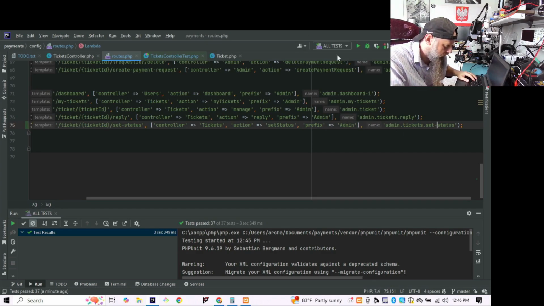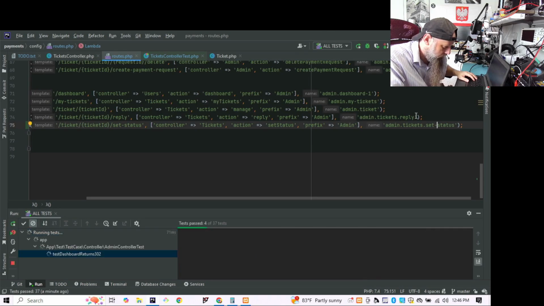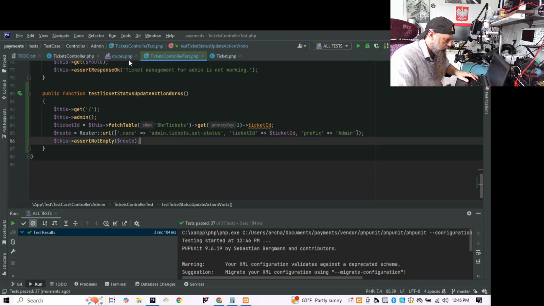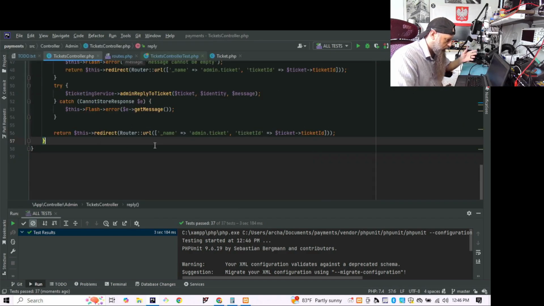I don't see the typo though. I don't know. Well, that ensures that the route exists. Doesn't matter. I mean, it does matter, but